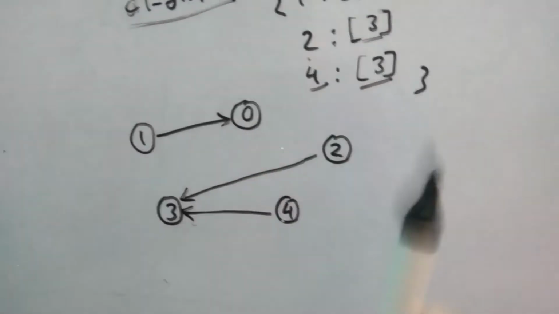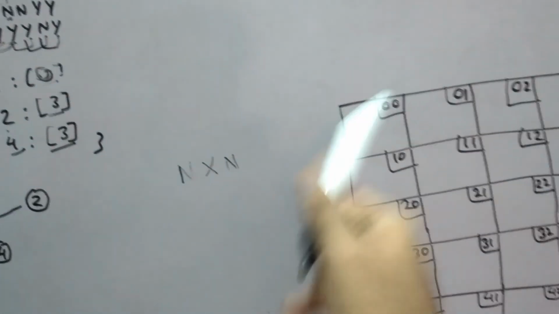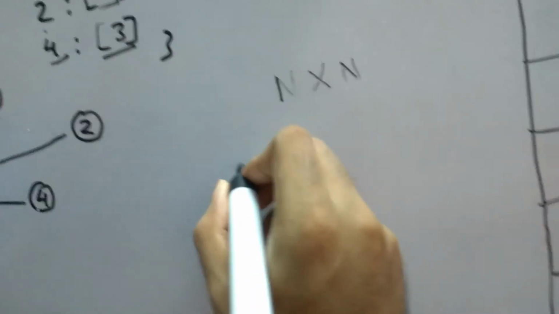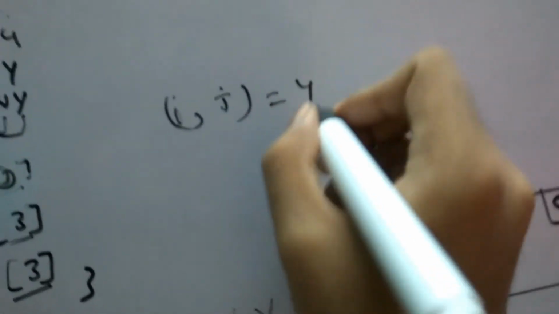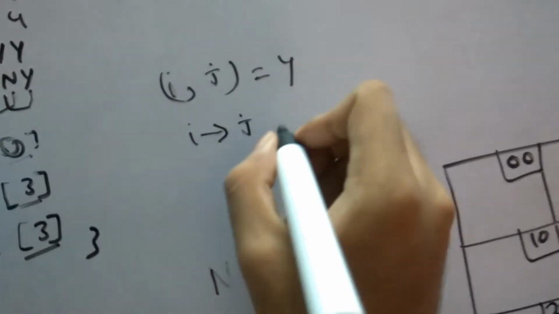So now we have to fill out this matrix of 5 comma 5, or n cross n matrix, where we have to fill from each city where it is possible to go. At each index I have also written down the index, let's say the index I comma j. For index I comma j, it is yes only if it is possible for a plane to travel from I to j, otherwise it is no. So we have to fill it this way.